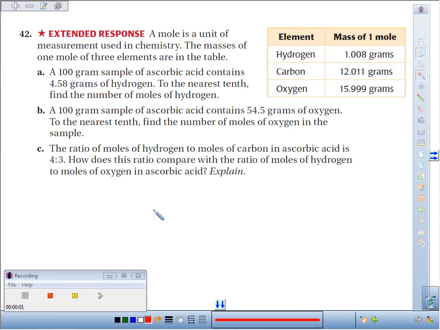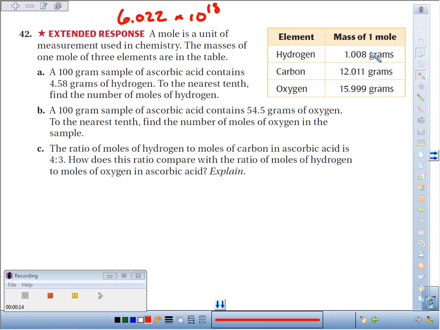Number 42, a mole is a unit of measurement used in chemistry. The masses of 1 mole of 3 elements are in the table. A mole is a number of atoms. I think it's 6.022 times 10 to the some power. I think it's like 10 to the 18th power. It's a huge number. So if you took a huge number of all these tiny atoms, this is how much